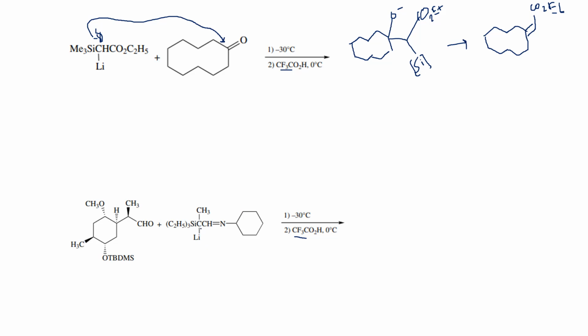the negatively charged carbon is this one, and that will attack this carbonyl group again. And if we keep this one as R, this whole part I am considering as R. Now what will happen? This opens,